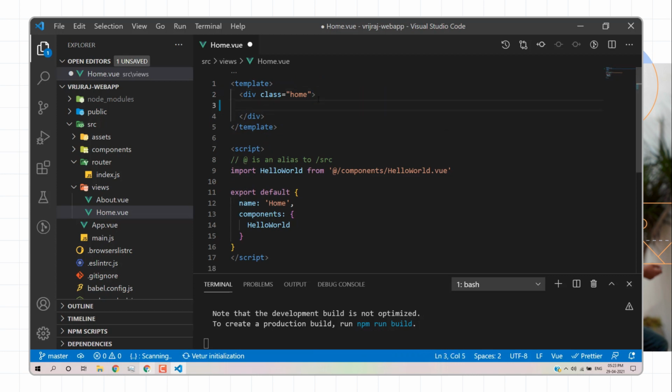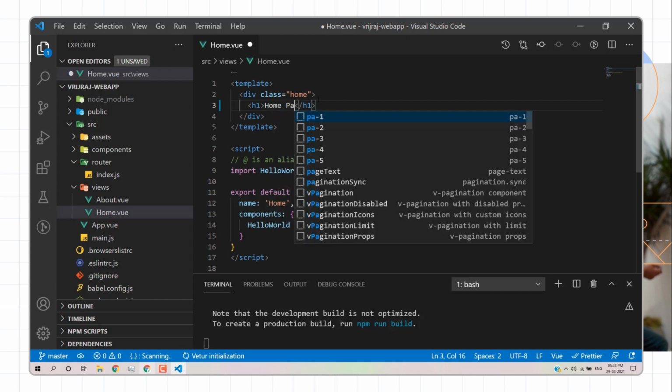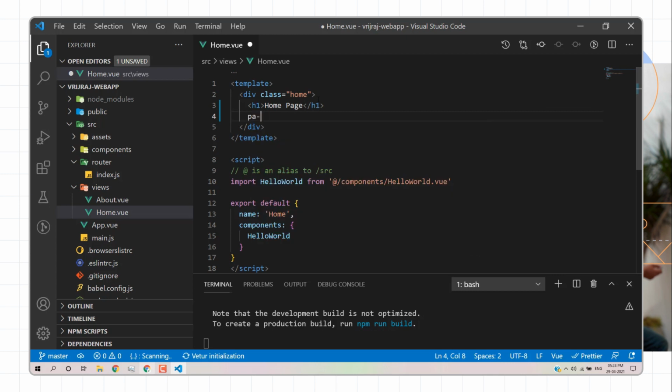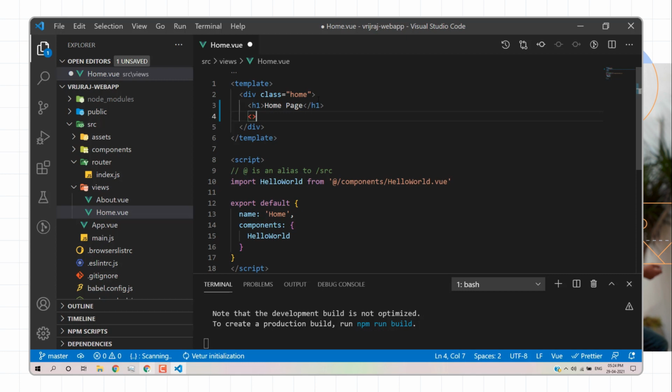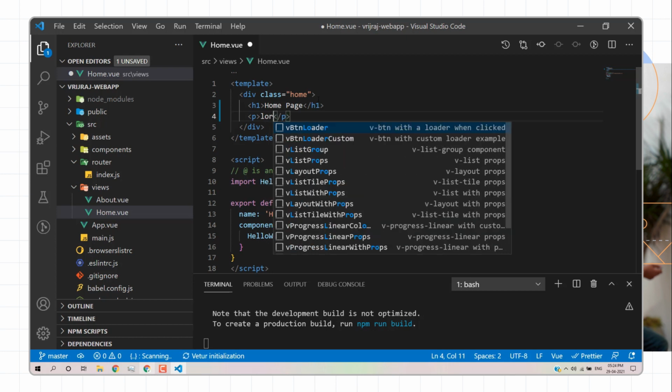Here we can write an h1, and I'll close the h1. This one is for the home page, and here we can write some content. We have a paragraph, so we can create a paragraph with the help of the p tag, and here we can mention the Lorem ipsum.